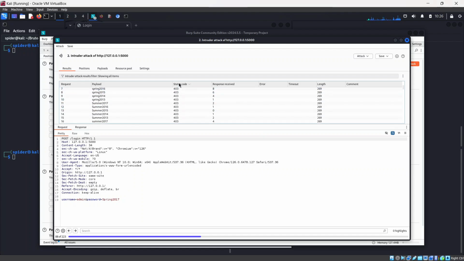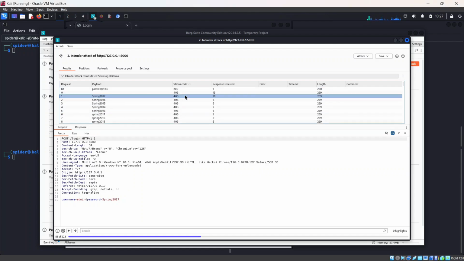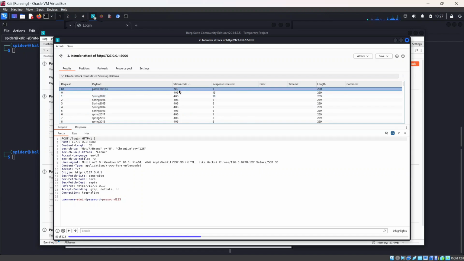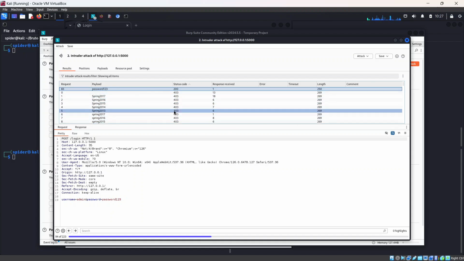If you check these status codes, you see that we have a 200 status code here, which means a successful login. And then if you check the password here that we got, it is password123. All right, so I think we've gotten the password. And then to confirm this,